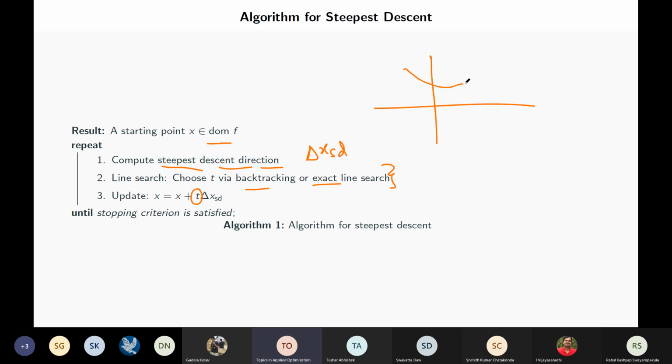Okay, so once again, my function is like this, and then I am here, and the direction chosen for me is del x sd. Okay, so this is the direction given to me, but then how far I want to go in this direction will be decided by the step length. So maybe I will stop here. Those things will be taken care of in the exact line search and backtracking line search. I'm not going to do this, but let us assume that there is some algorithm that tells me how to find this